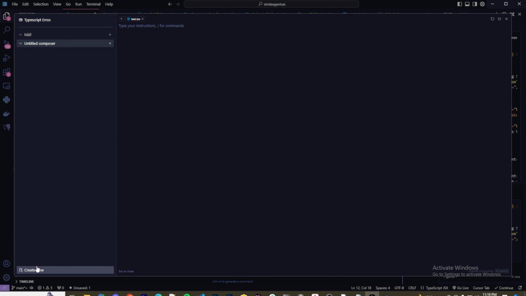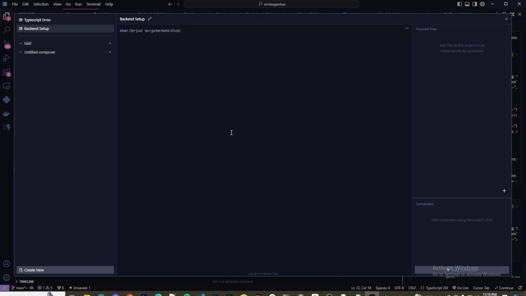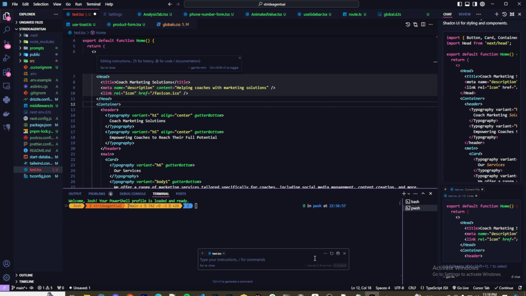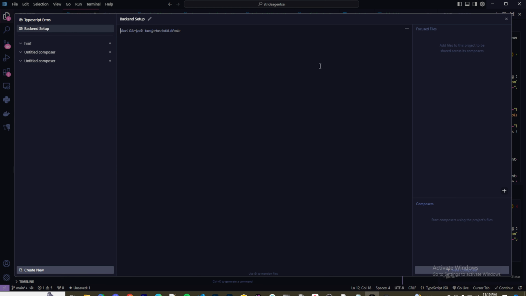Now, down here in the left, you can see a create new. This is going to give you two options. You can create a new project or a single composer. So if I created a new project here, I could say like backend setup. I could go create, and I could start adding a new single composer. Let's go here. So in the project, this is something I'm going to be doing